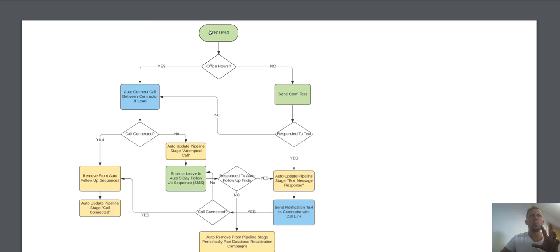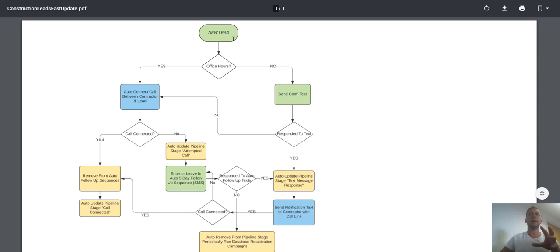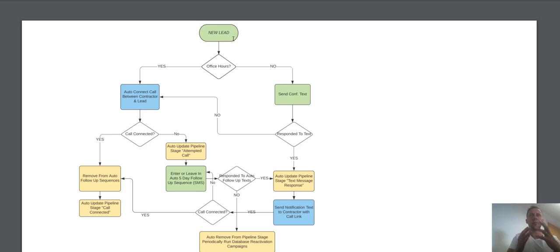So essentially, what happens when a new lead comes in? It's fresh and it's exclusive in real time. The first thing, these are the decisions that the software bases its actions off. First of all, it says, is it during office hours, which are customizable? If it's not in office hours, we still send a confirmation text to them